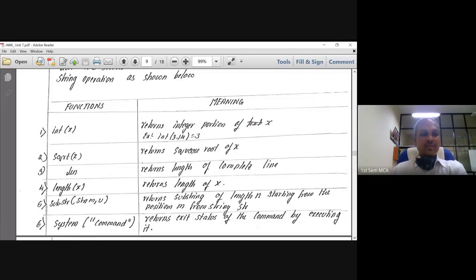So let me look at the first one, that is int. As the name says, int is a function which takes a variable and provides the integer part of that variable. Normally the x we might be passing here should be a float or a double type of data, wherein an integer portion will be extracted and displayed for us. So that is the functionality of the first one, that is int(x).